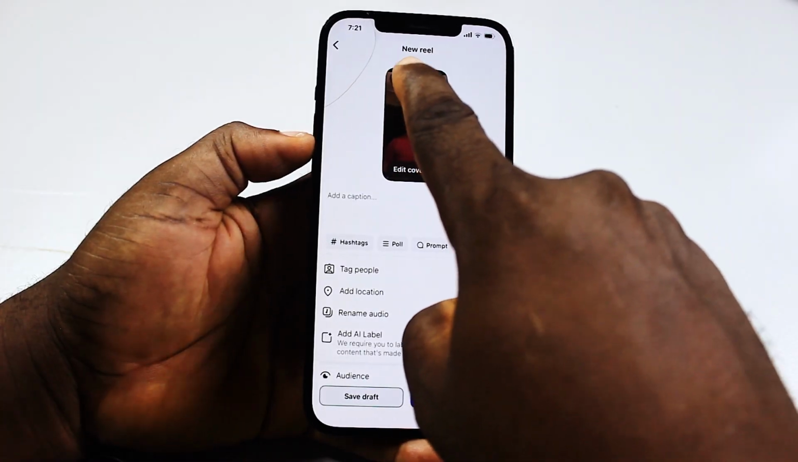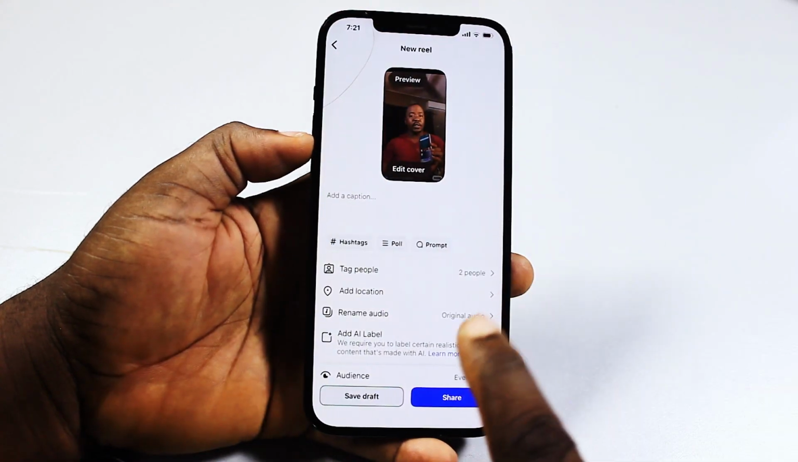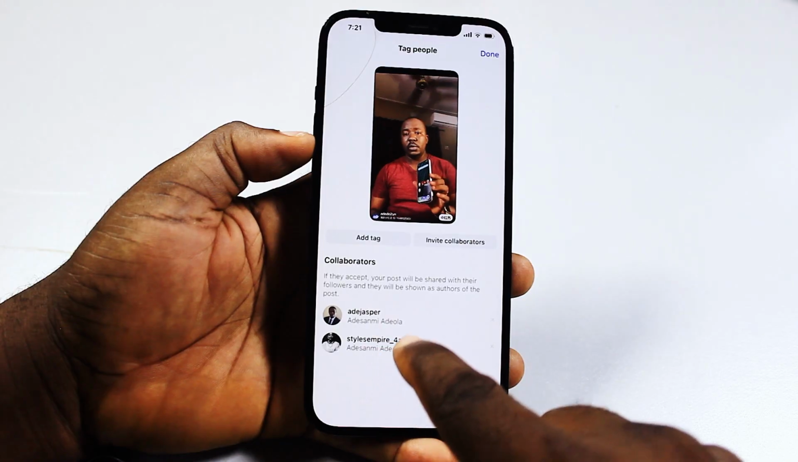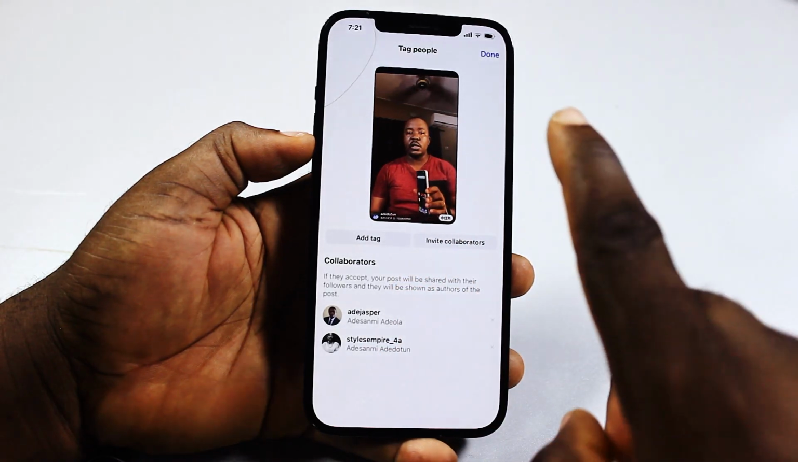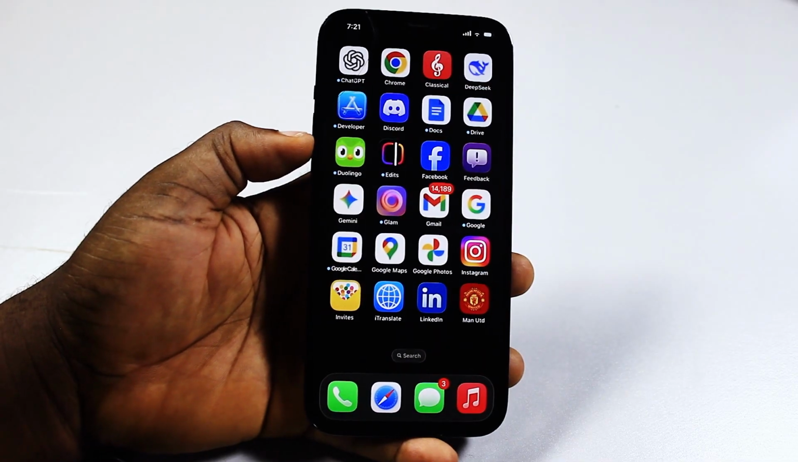Then if you go ahead and click on preview, you'll be able to see the video or the photo. Now go ahead and click on the share button. Once you hit the share button, these people will be tagged to the post under collaborators on your Instagram video. And then that is it. So that's exactly how to do a